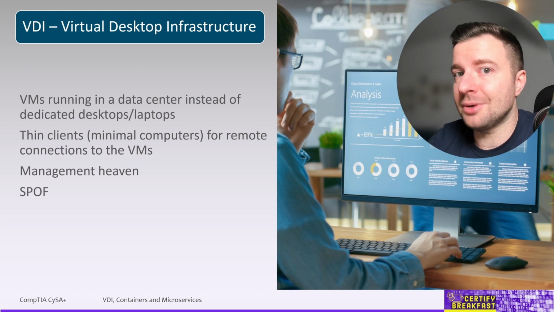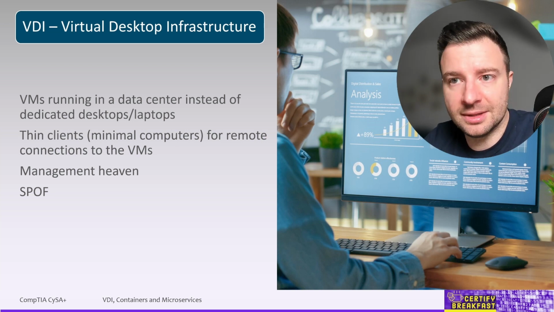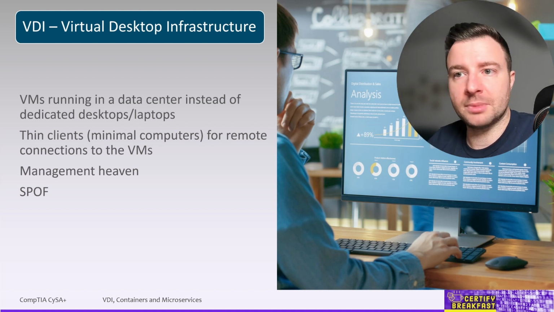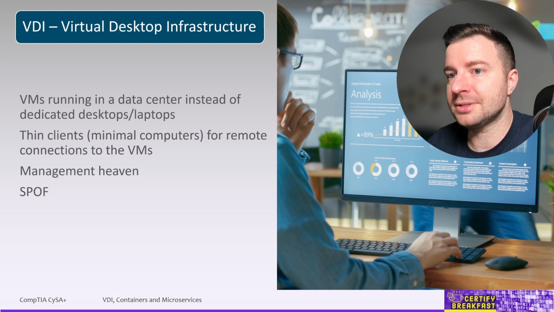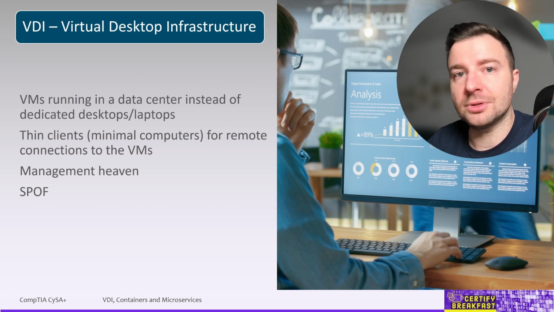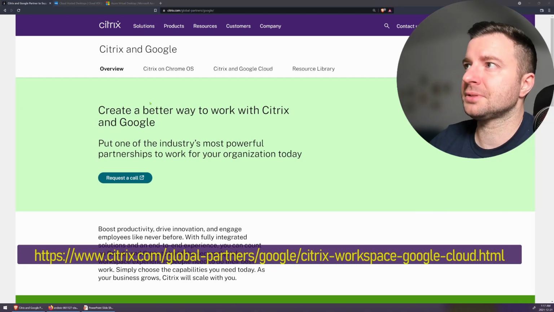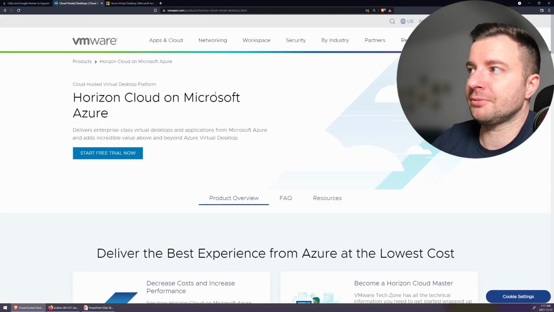Of course, the cloud is a great environment for VDI because we already have everything virtualized in there. Also, we have solutions from Citrix, from VMware, from Microsoft, just a few of the many vendors out there providing cloud-based and cloud-managed virtual desktop environments. Just to give you some starting points, here's the partnership between Citrix and Google for virtual desktop environments.